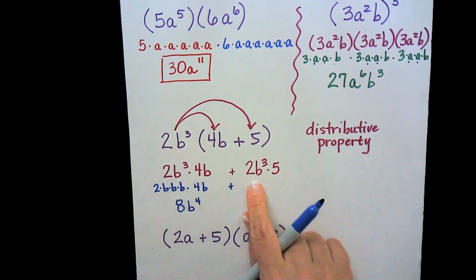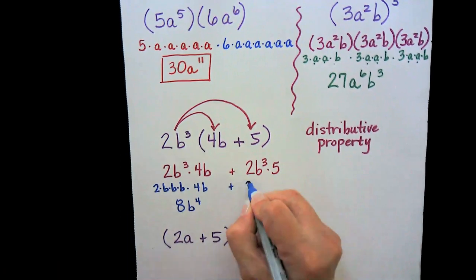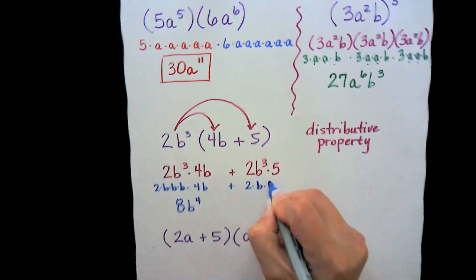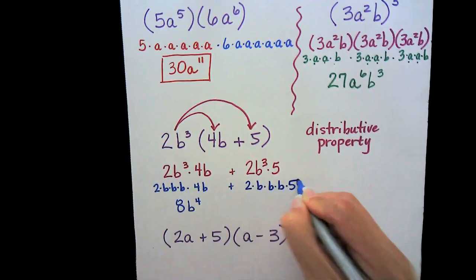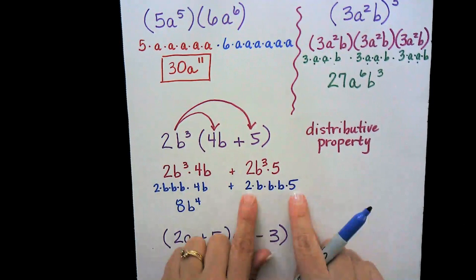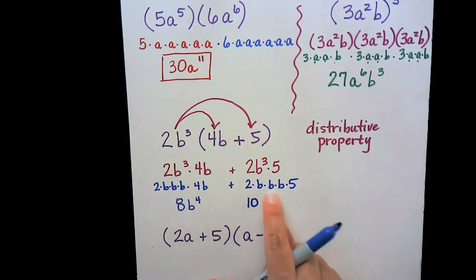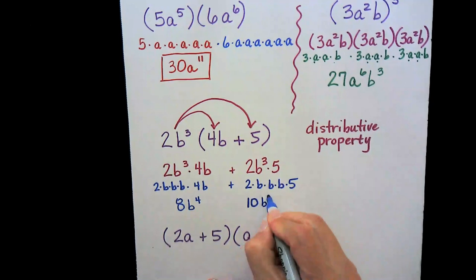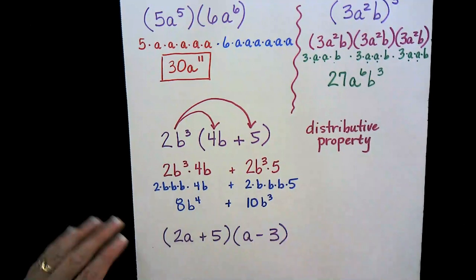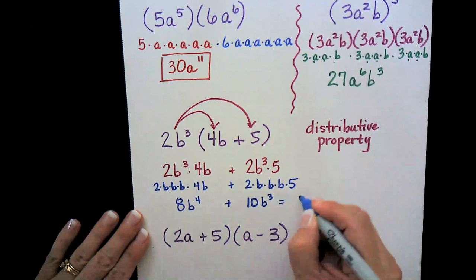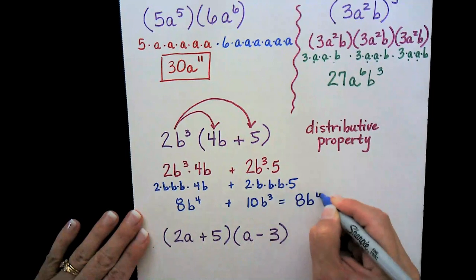Okay, let's look at this multiplication. I've got 2 times b times itself 3 times the 5. So I've got 2 times 5 is 10. B times b times b gives me b to the 3rd. And so my answer, I get 8b to the 4th plus